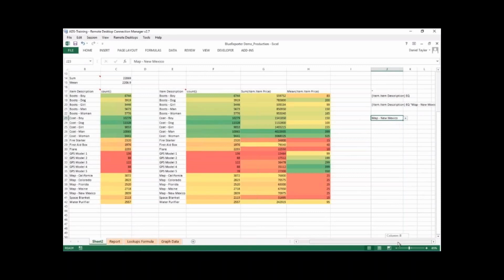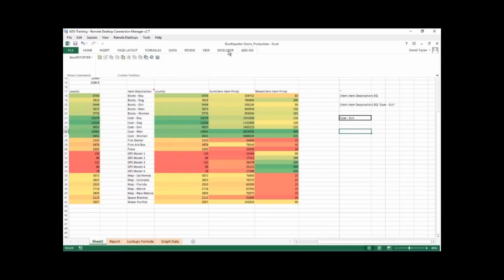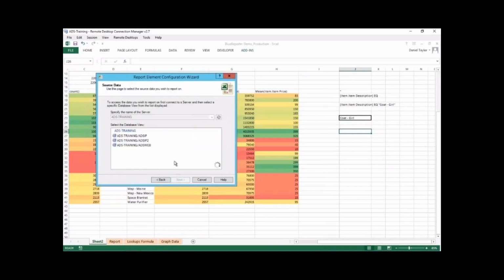If we select maps, we can see our formula is now being updated. So what we can do with this is use this to include it in any further calculations we might want to use. So if we do a quick example and build a record count now,